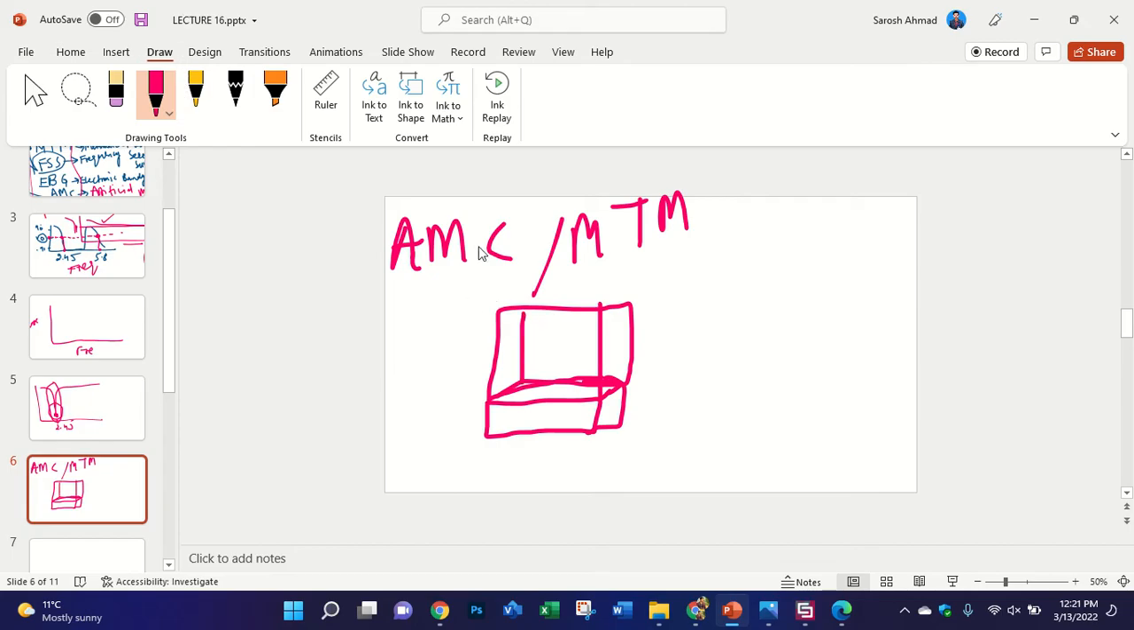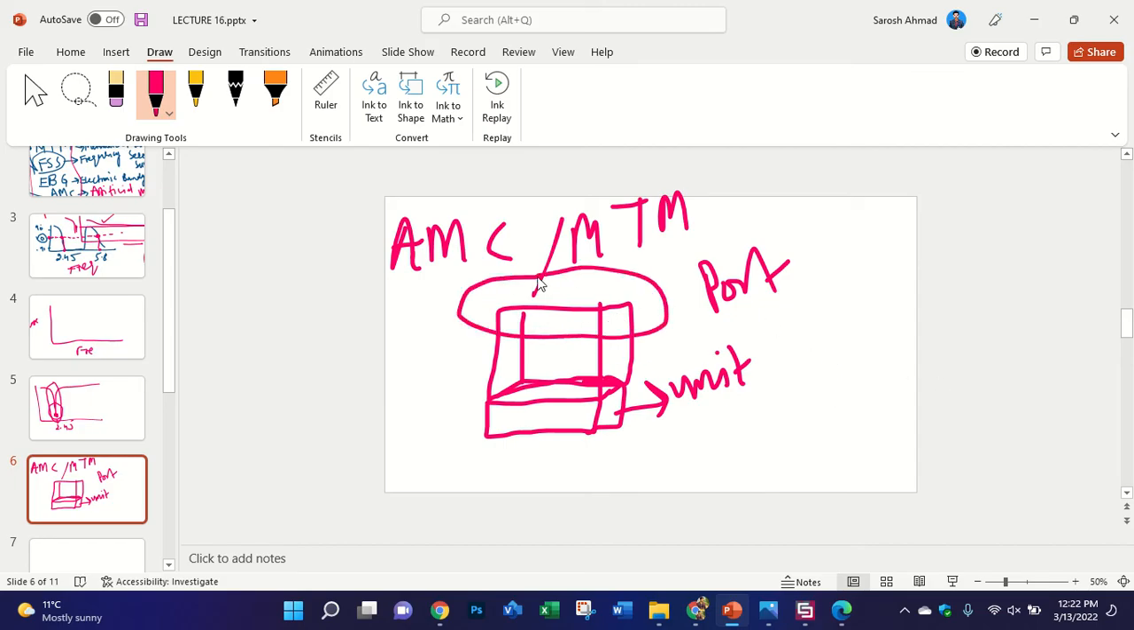Okay, suppose this is a unit cell. In the case of the AMC, you have a port in front of the radiator. If you want to use the metamaterial, I mean, if you want to keep the antenna in front of the unit cell, like this is your unit cell, and if you are converting it into an array